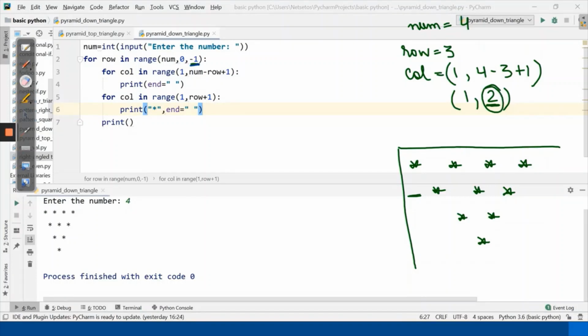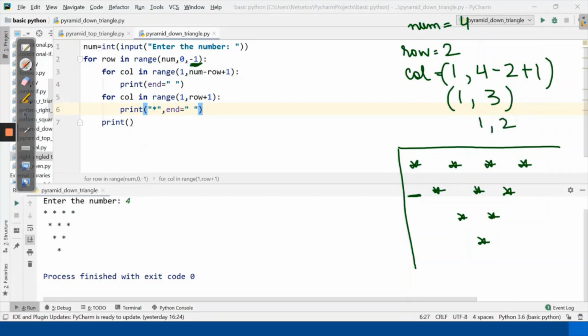Now let's see for row number 2. As the step size is -1, 3 minus 1 is 2. Now here it will run for 1, num is 4, row is 2 plus 1. So here 4 minus 2 is 2 plus 1, 3. That means it will run for 1 and 2. It won't be running for the third. So here there will be 2 spaces.